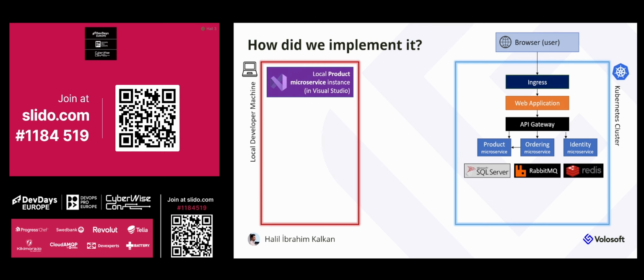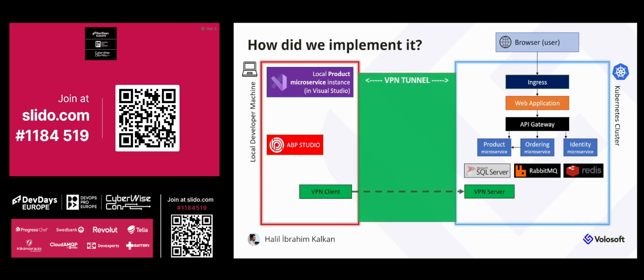The tool we have created is named AVP Studio. So I will explain how it works. When you connect to the Kubernetes cluster, it first installs a VPN server in the Kubernetes cluster and a VPN client in your local environment. Then it establishes a VPN tunnel between the two environments. With the help of this VPN tunnel, whenever your service